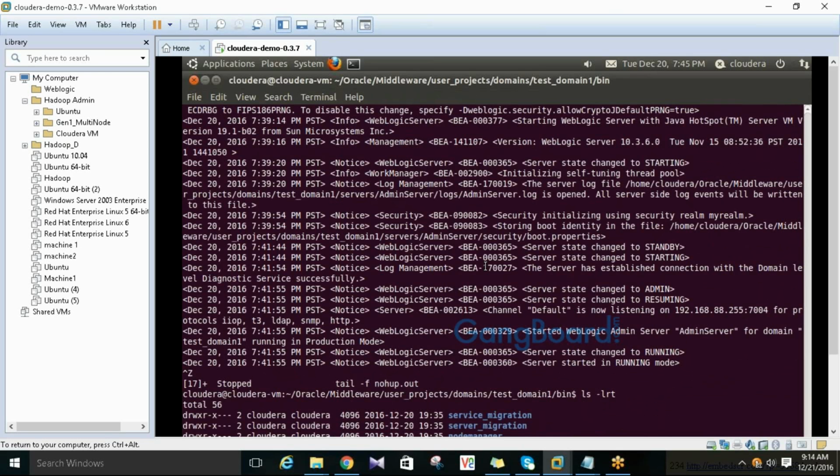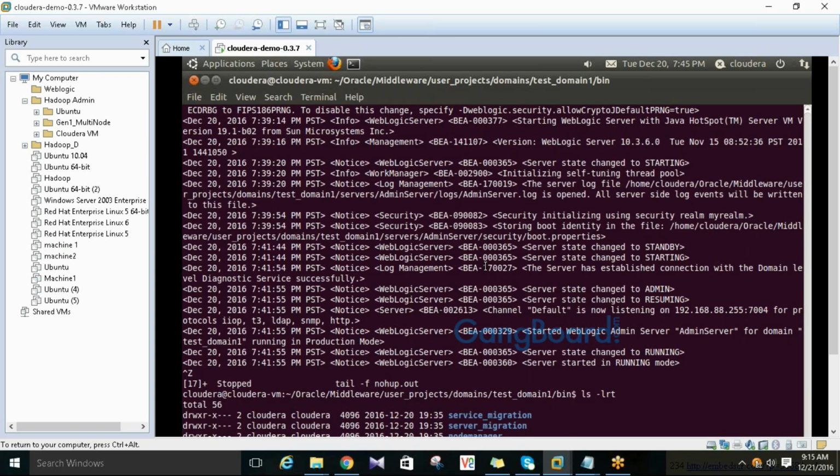So this is used for customization. Likewise, if I want garbage collection log, I will set the parameters into the set domain environment, and it will create the logs of garbage collection. Might be some problem with the heap memory, so we are taking the garbage collection logs due to this. If you want heap dump, by default you will set the parameter there, and when server will be in critical state, it will automatically generate the heap dump.